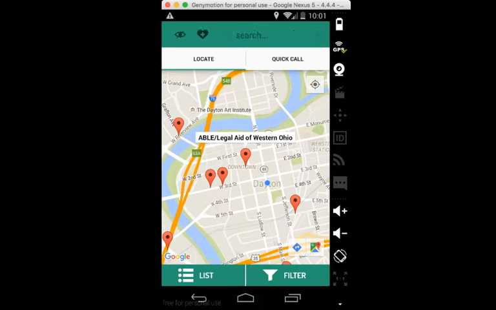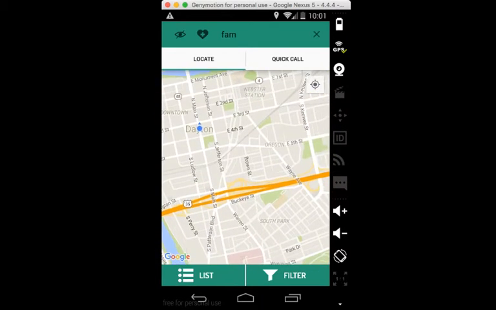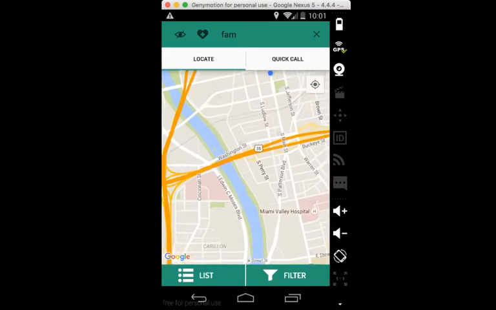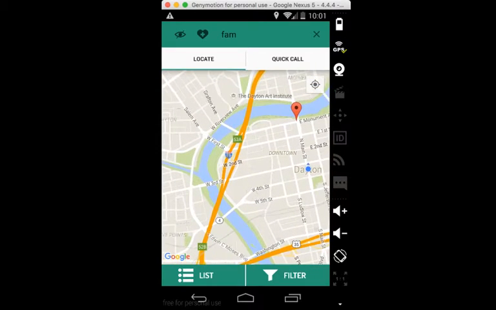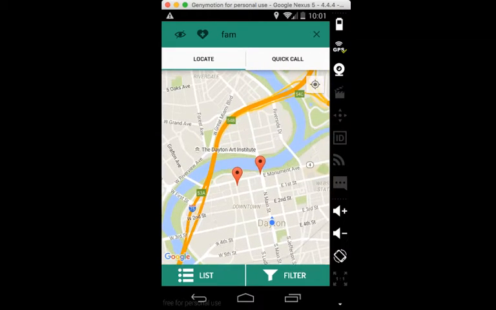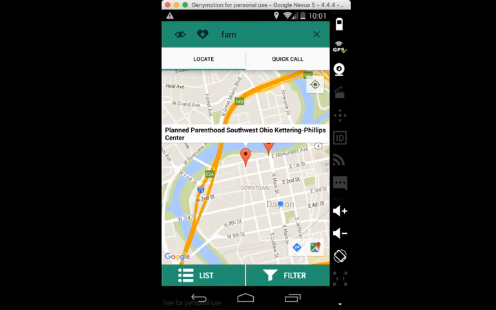Again, just like in the list, if I do a search, I automatically get a filtered list of all the service providers with FAM in the name. So, for example, Planned Parenthood, Southwest Kettering Center,